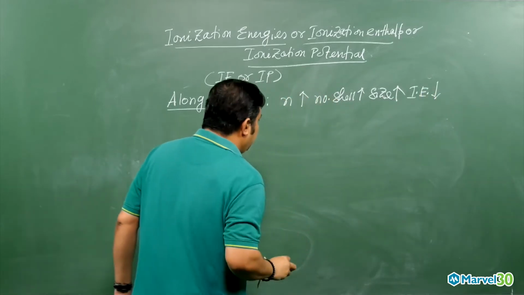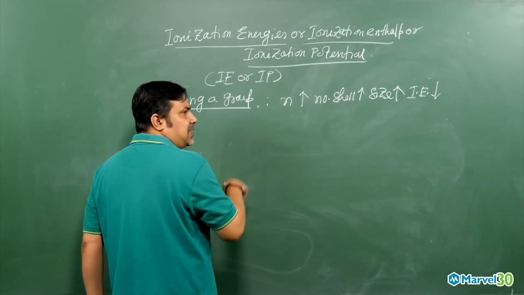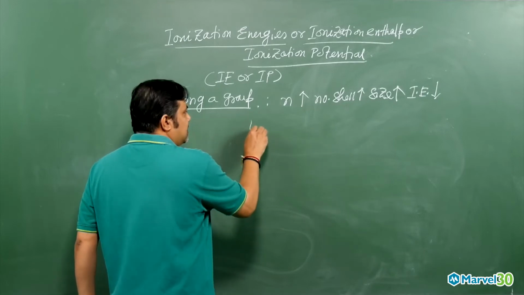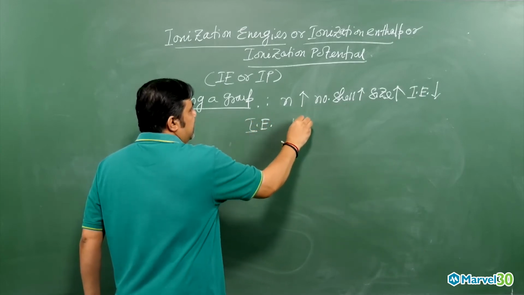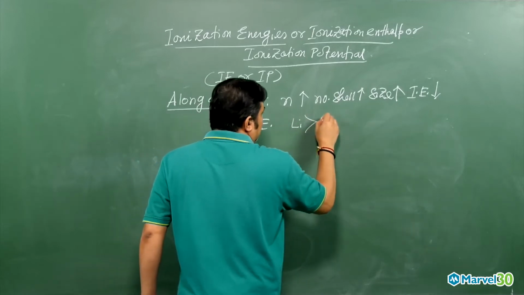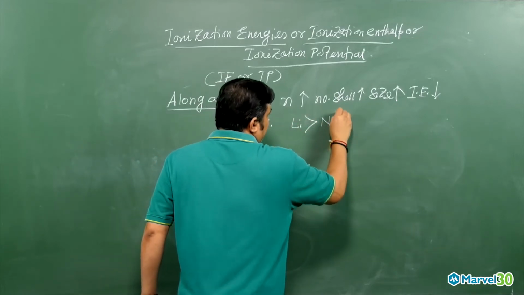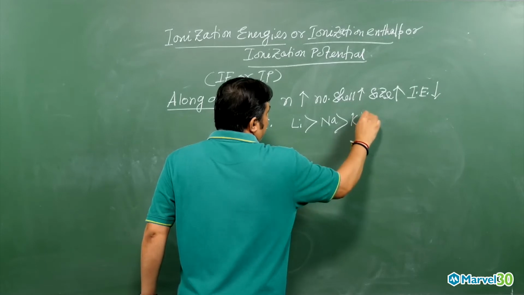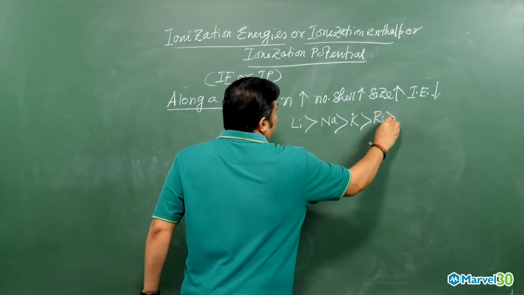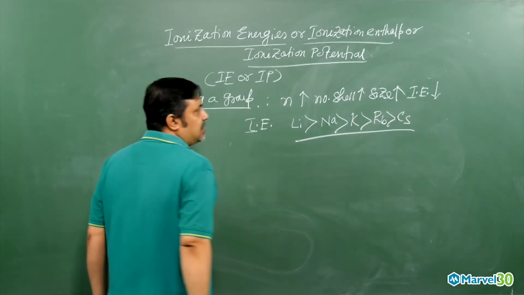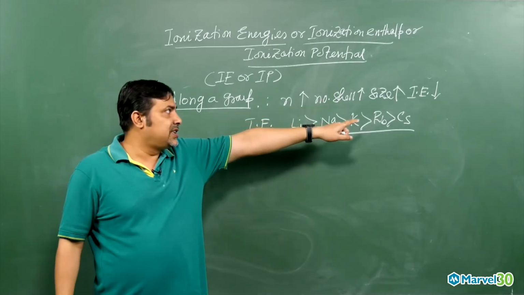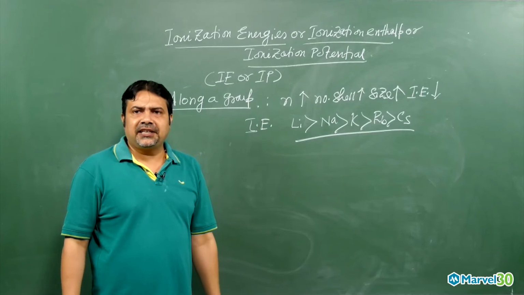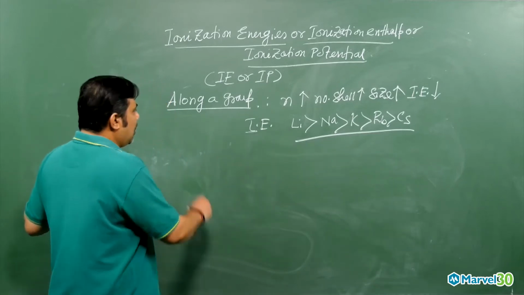So if I take the first group, then I can write the ionization energy order: lithium is greater than sodium is greater than potassium is greater than rubidium is greater than cesium. We can write it like this, because down the group the number of shells increases, size increases, and ionization energy decreases. Whereas along a period